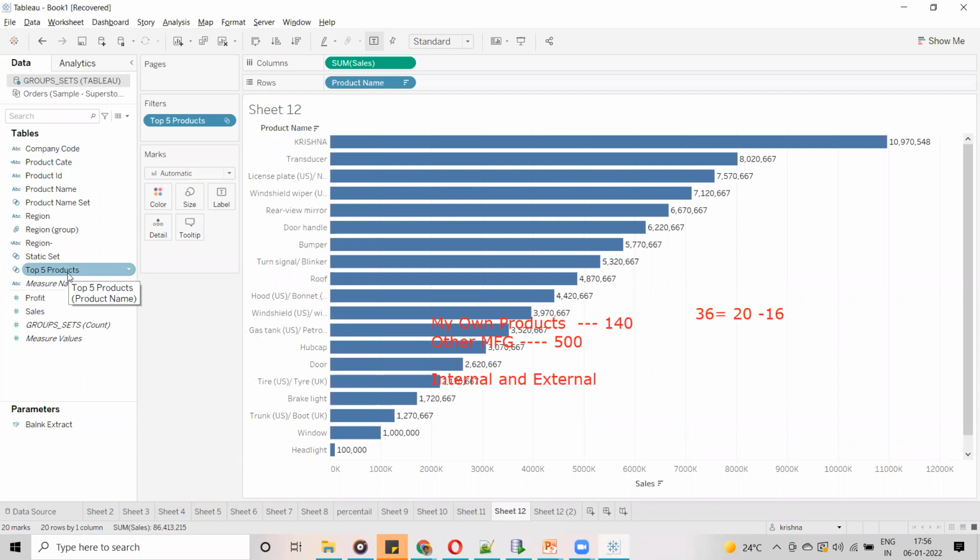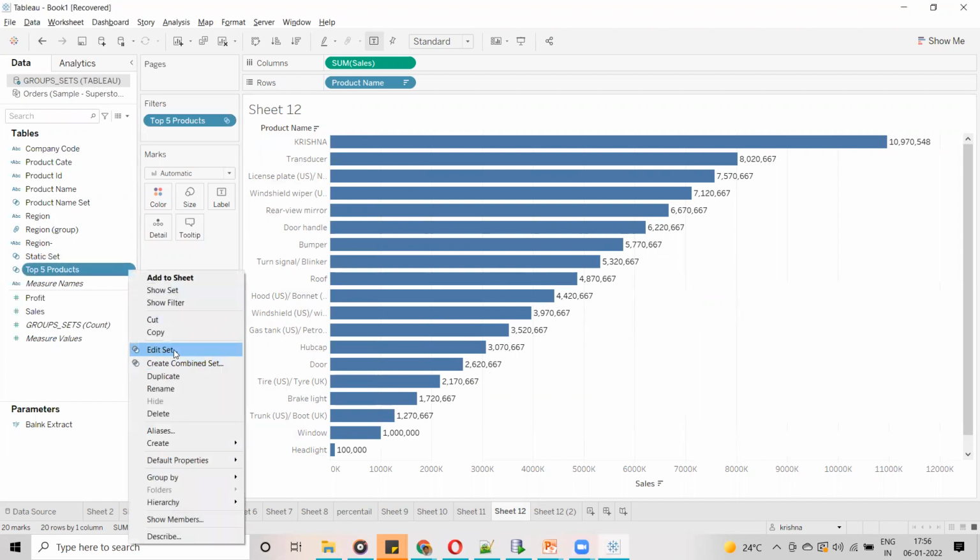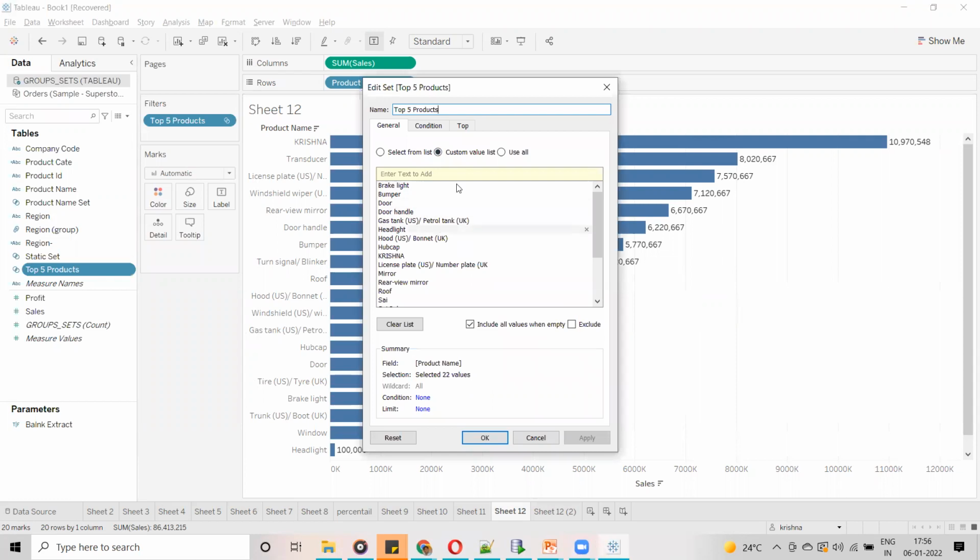Now this is the set we have created. Now, guys, what I'm going to do is, how do I need to give the internal external filter to the end user? As of now, let me clear the screen. Here it is displaying the products which I have added, meaning it is displaying the internal products, right? Internal products means whatever product names I have added in the custom value list.